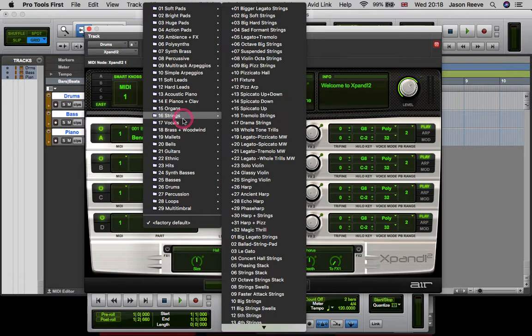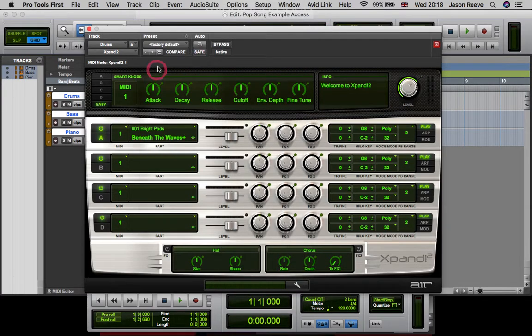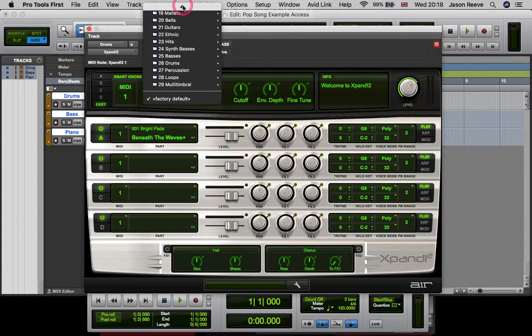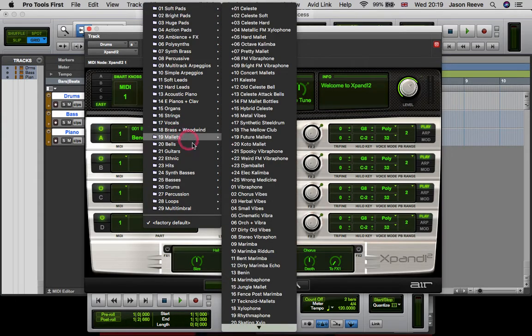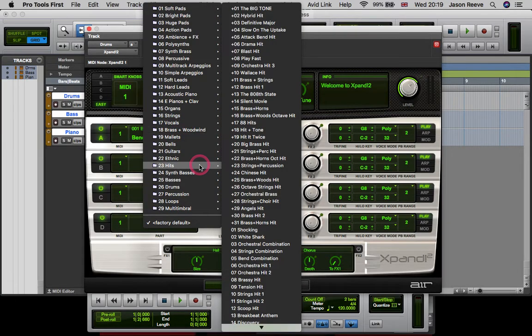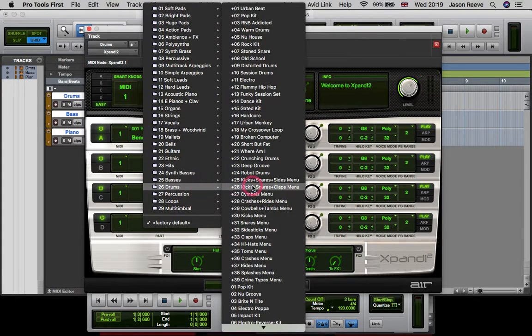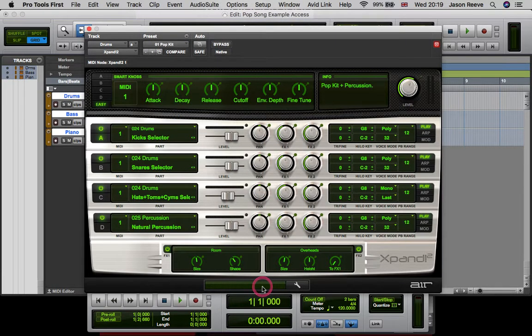But on this it's got a range of different presets, so if you use the factory default box at the top here, and this is the first channel, so it's going to be drums. So if I look for the drums down to 26 there, and then if I go for the pop kit just to get it started off,